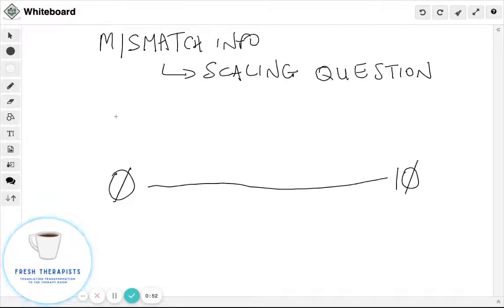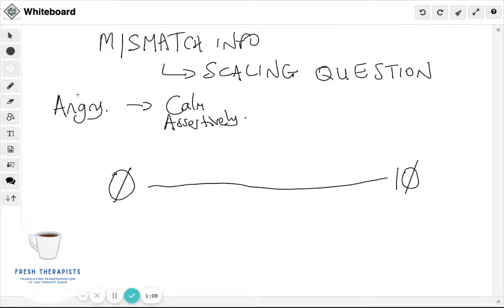So let's say a client wants to be less angry. The problem they're bringing in is they're angry a lot of the time, and what they'd like is to be calm, maybe assertively calm, but still calm. And then they might say, the problem is I never do that, and this is how I'd like to be instead. Their belief then, in terms of how they are, can very easily go into kind of black and white thinking. And so what the scaling question does is it just asks that question.